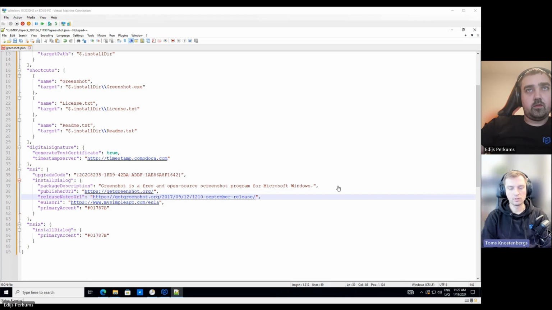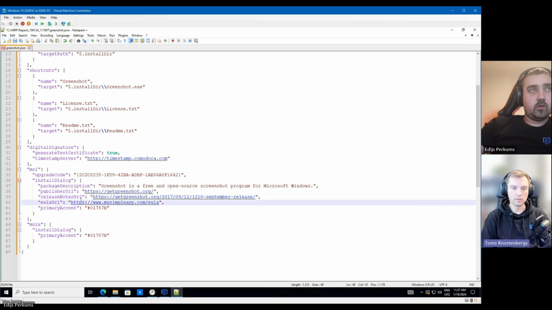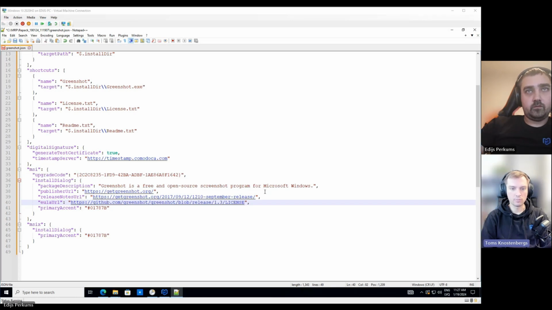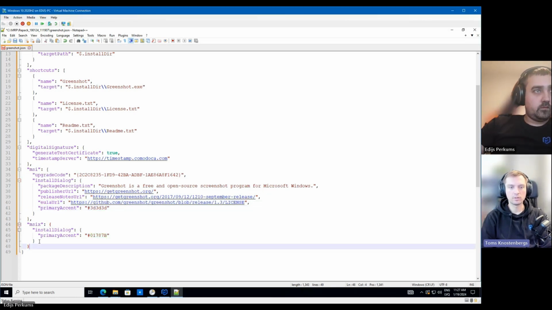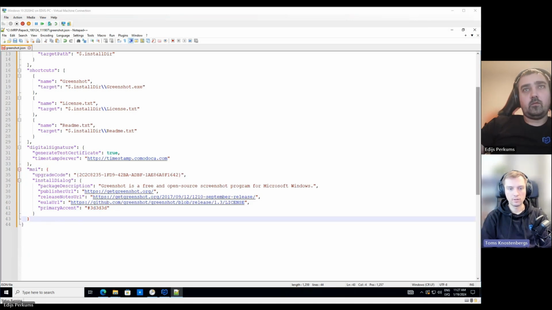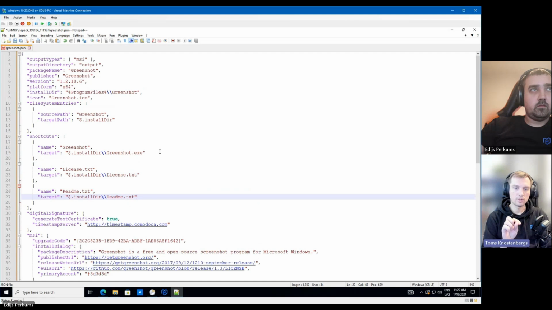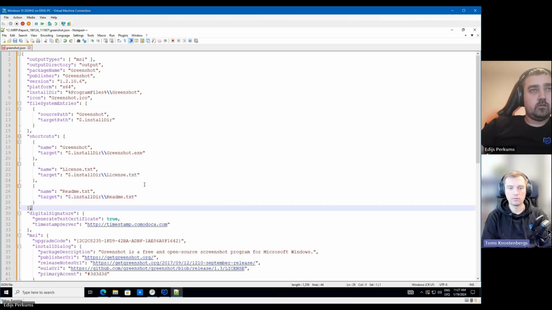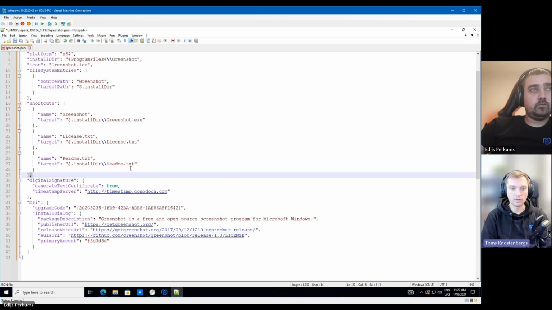These items will show up when you double click on the installer, for the home user to see all the information about the application they are installing. And that's all MSI, just with our own created custom UI during the installation. You can even set the primary accent, the colors for the installer, everything. And as we will show you, the user will be able to click on the version or the vendor, and they will go directly to the release notes or the publisher to basically read more about the vendor